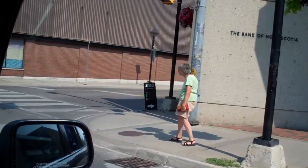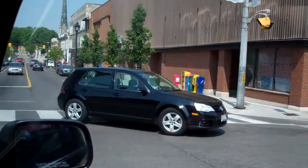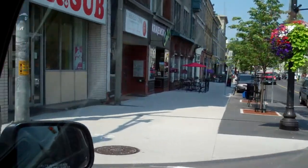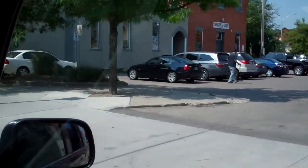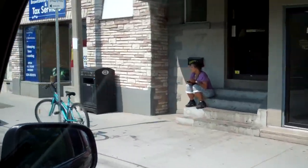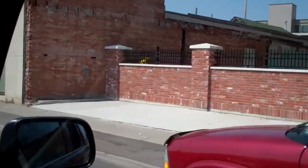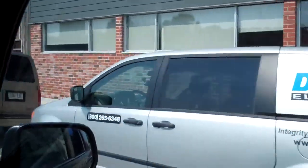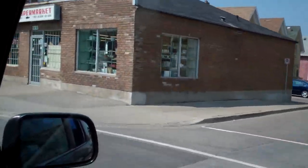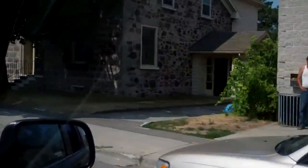Okay, now I have to stop for this guy. Almost running over. Okay, we're going through town, out of town, heading out towards the edge of town. Well, we're heading home, so that's about it. Past the bus station. On your left, of course. What else? Supermarkets, food bank on your right. There you go, food